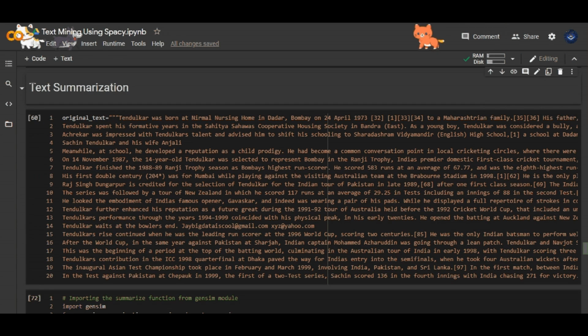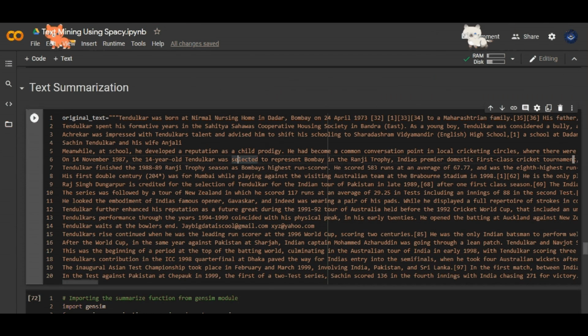We are working on the text mining playlist with Spacey. In this video we are going to go beyond the basics, explore and implement some real world use cases with text mining. One of the use cases is text summarization, where you have a huge amount of text. Maybe we are selecting the same Sachin Tendulkar Wikipedia text as part of this exercise, but in a real world scenario, imagine you are doing some kind of weblog analytics where you are doing some web scraping and getting